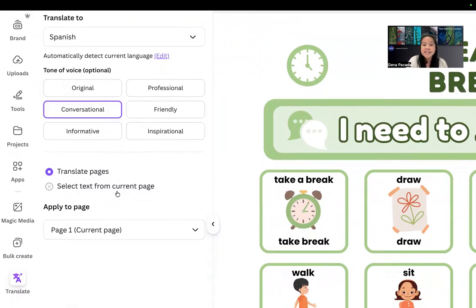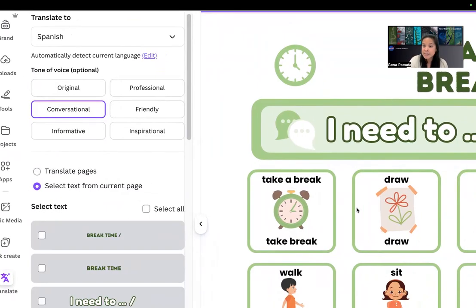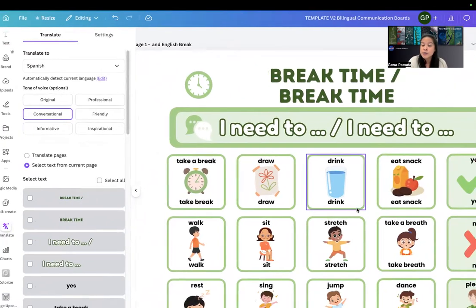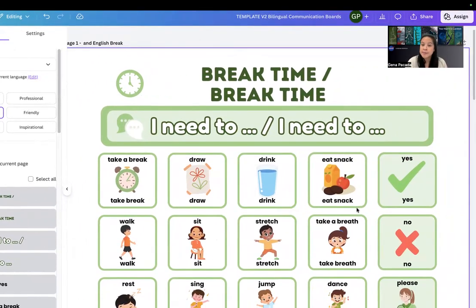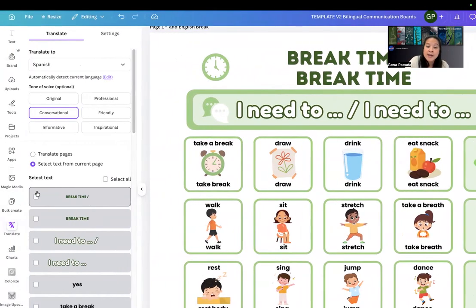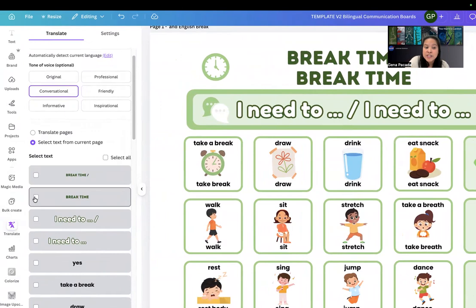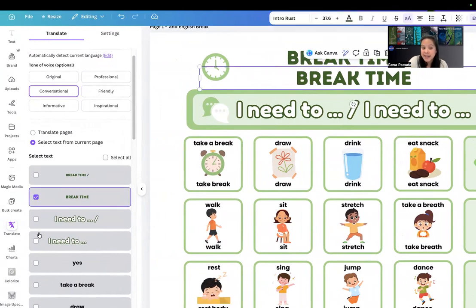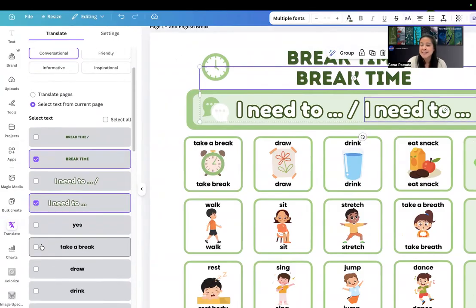I want to select text from this current page, because if I were to translate this whole page, the whole page would end up in Spanish. And I want English and Spanish at the same time so that the teacher and the student can see both of the words, or can know both of the words at the same time. So one option would be to check on this side which boxes you need to select. You can select and unselect. There's probably a better way for me to organize it, but